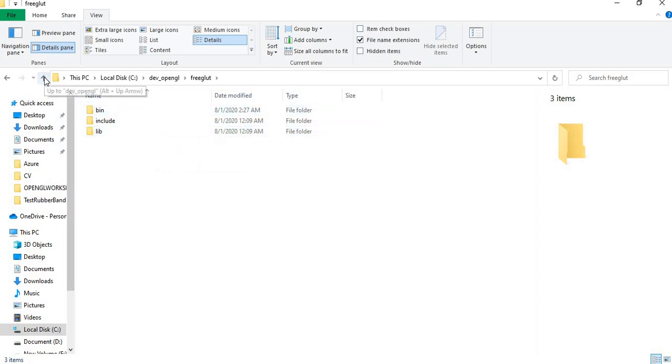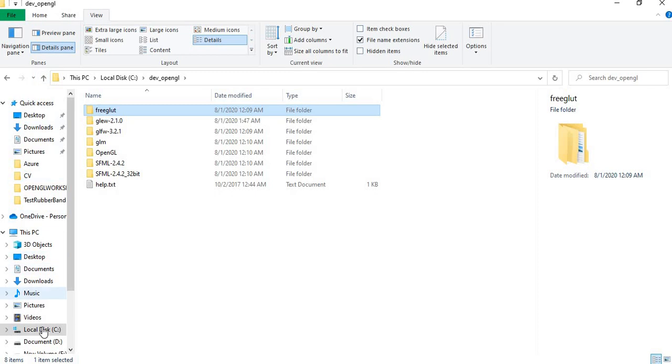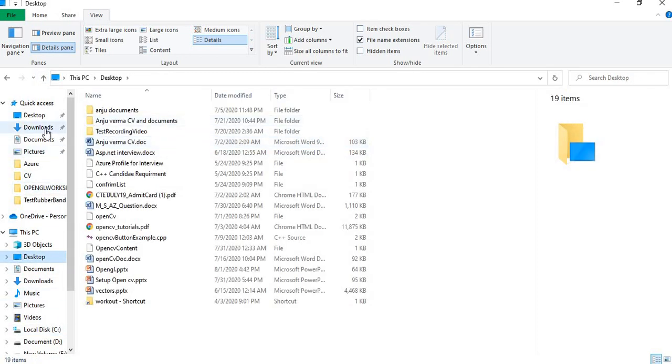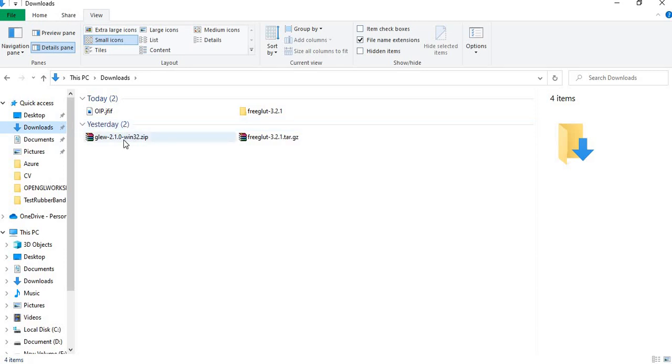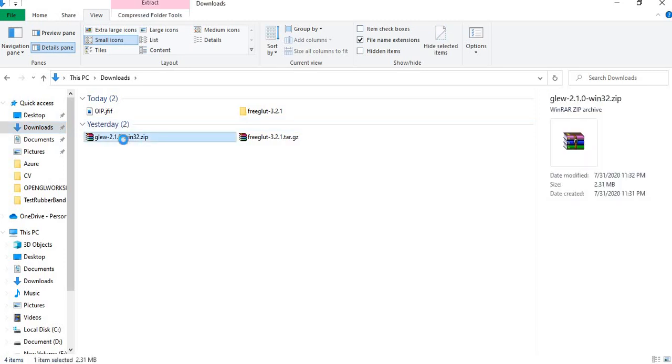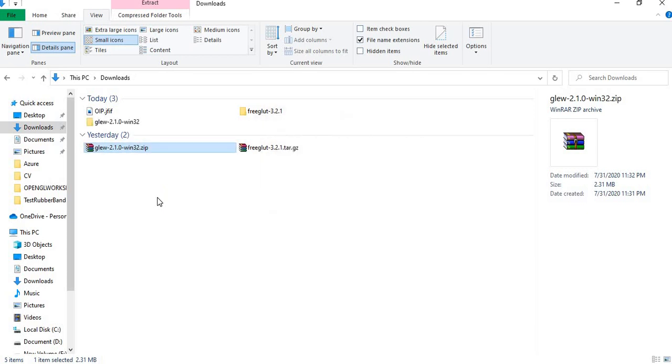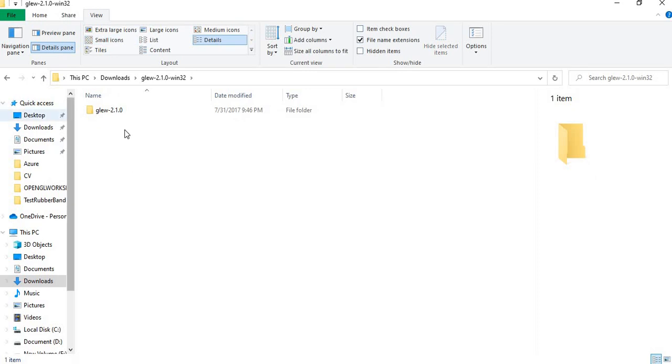Now we have to do the same for GLEW. So we can again go to my download folder. I will unzip GLEW. I'll cut this.